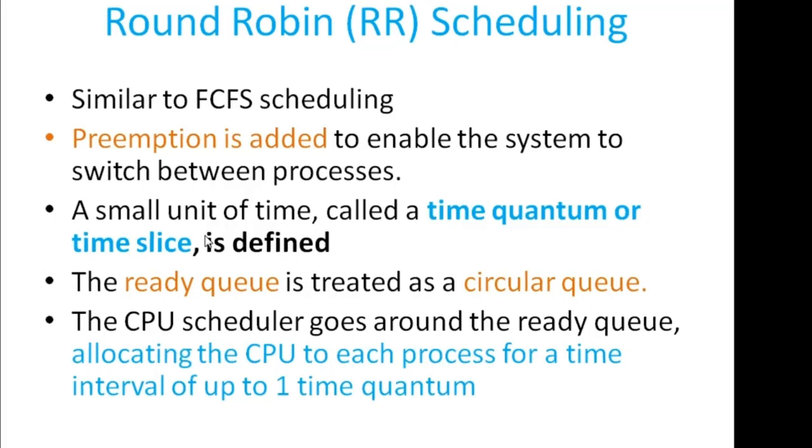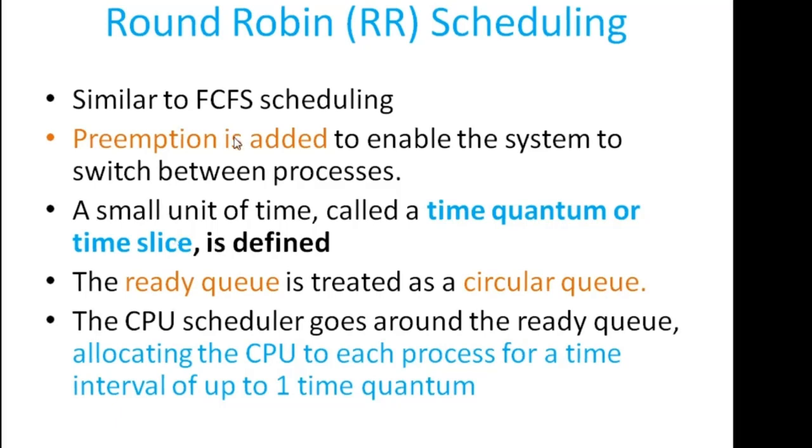It is similar to the first come first served scheduling algorithm, with the additional thing that it has the time quantum. Obviously, since it allots a predefined time quantum, there will be preemption. There will be a context switching from one process to another process, because once the time quantum expires, the CPU will be released from one process and then allocated